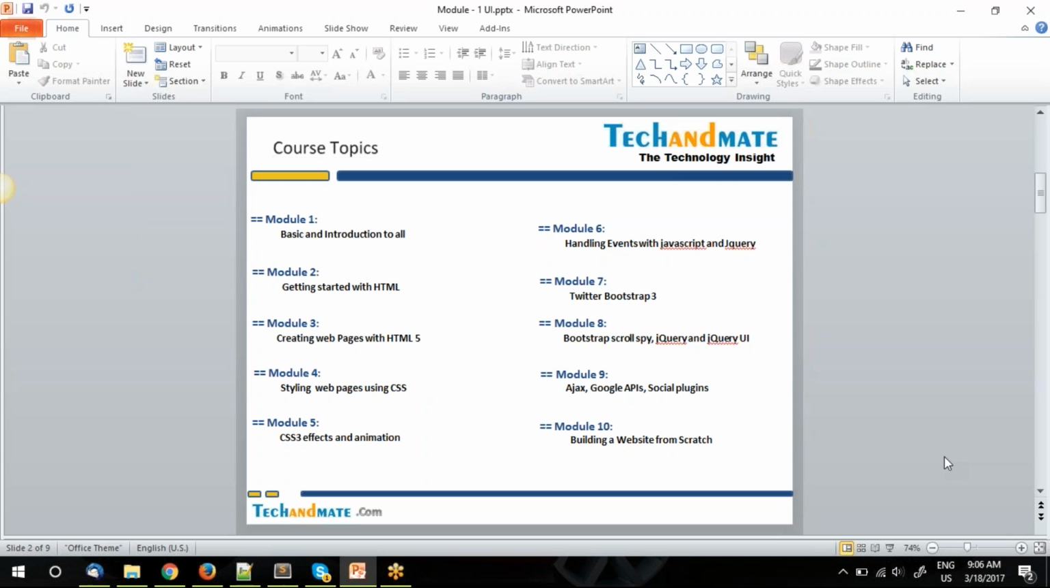So in module 8 we will be covering all Bootstrap, the advanced version of Bootstrap, the advanced version of jQuery, and how to use the jQuery plugins and jQuery libraries, right? So module 8 is all about Bootstrap, jQuery and jQuery UI. And from module 9 onwards,